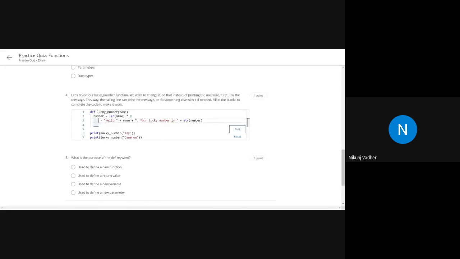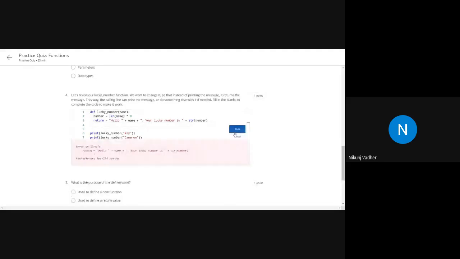So here we will simply write return. Yes, that's it.